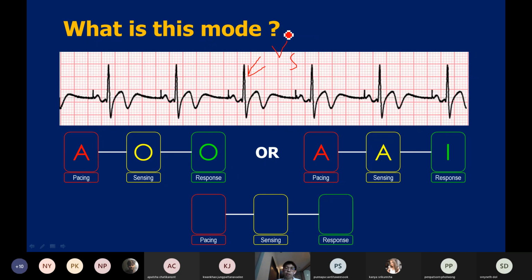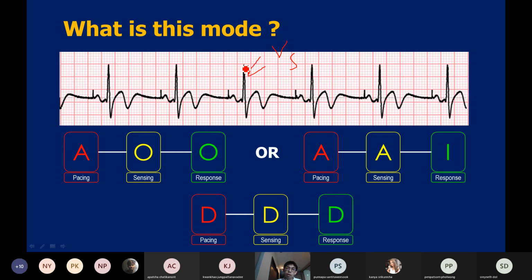So if there is an RV lead here, there should be 2 leads in the pacemaker, so it should be D. As I have said before, if it is D, there is atrial pacing here, which causes a P wave,